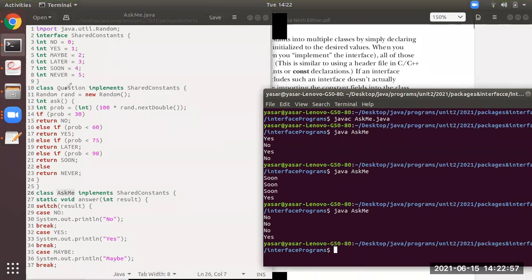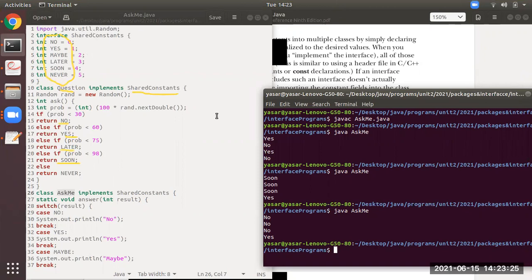This class Question will have these variables inside it. Where are the variables? You can see no, yes, later, soon, never. If this interface had methods, then here the class would have got the definition of the methods. I hope you all have got it.